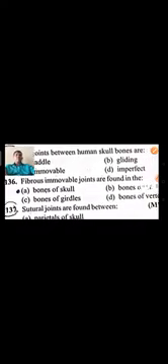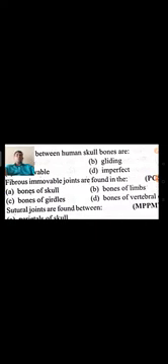Next, fibrous immovable joints. Fibrous immovable joints are found in, as we have already discussed, bones of the skull, bones of the girdle, bones of the vertebral column. So here, immovable joints means every time we need to only go with the skull. Wherever the skull is there, that will be there, and they are present as sutures between the cranial bones also. That is one more thing you have to remember. Option A is the right answer.